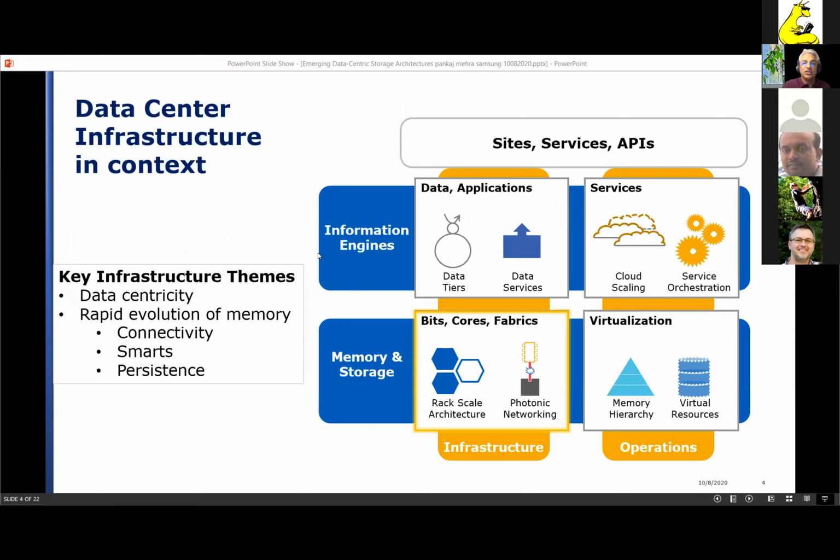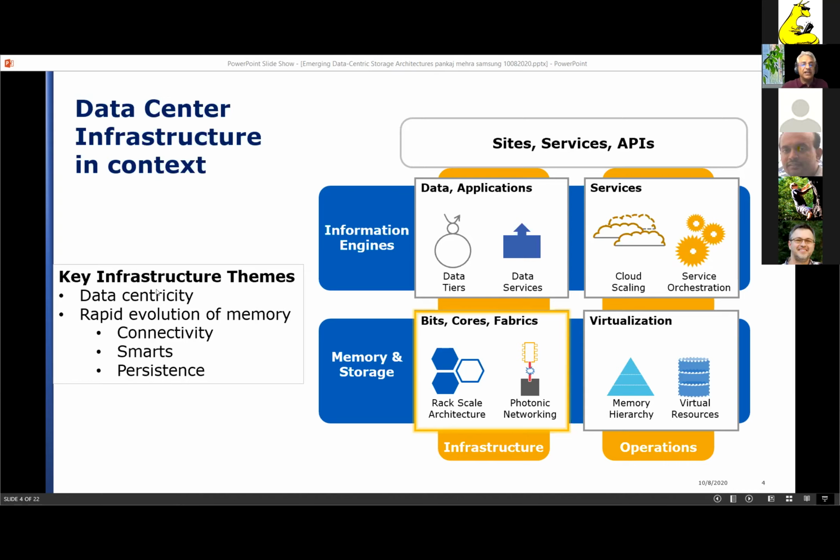And we have both a very programmable, stateless service layer, and then a rich and expanding memory and storage layer. Okay, and so these words that you hear, infrastructure and ops, I and O, these words are very meaningful because we have scripted automation at a very large scale. And if it does not scale, it will fail. So in the infrastructure world, there are a couple of things going on.